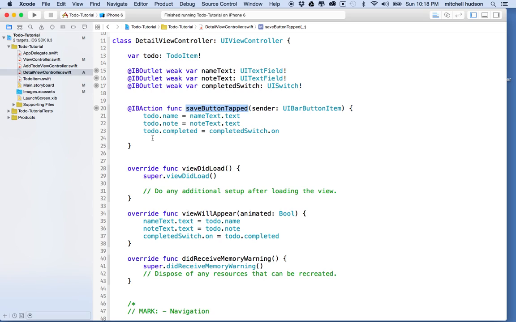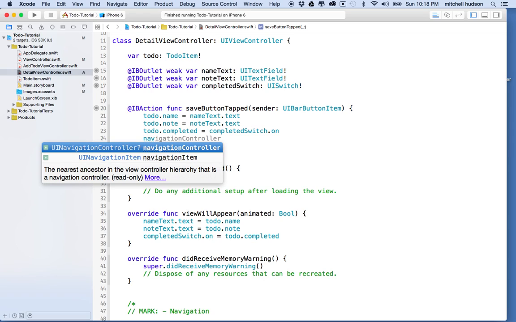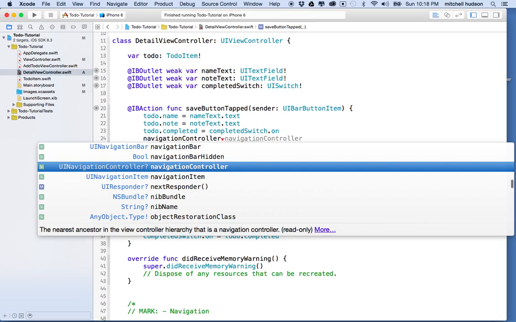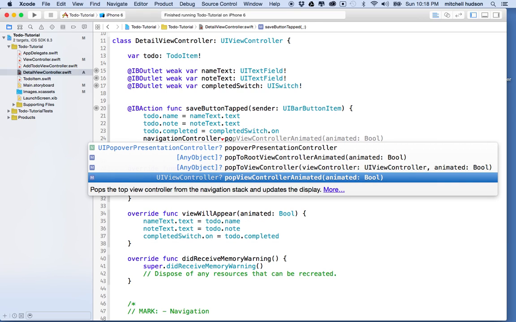So what we'll do is every view controller also has an optional value of a navigation controller. If you're embedded in a navigation controller, then this property will have a value, which will be the reference to the navigation controller. So let's reference our navigation controller, and what I want to do is say navigation controller pop